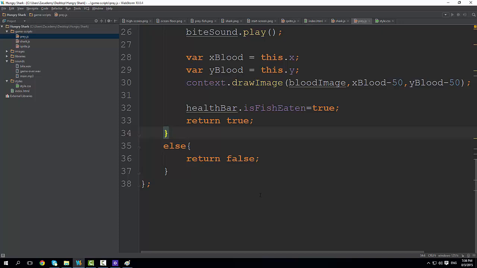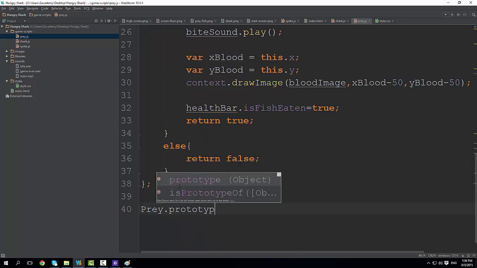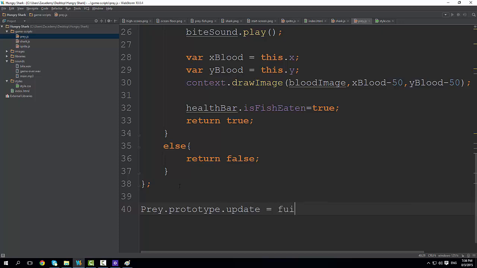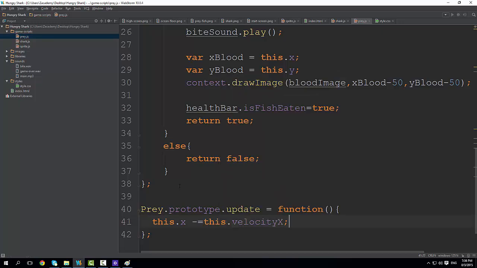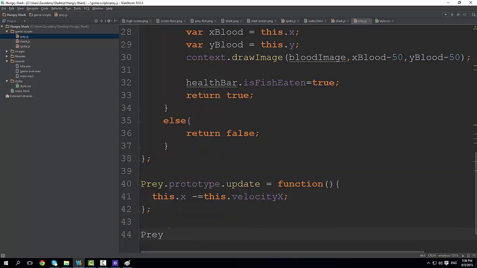All right, and the update for the prey is quite easy. So prey.prototype.update equals function, and the only thing that we want to do is this.x minus equals this.velocityX. All right, and draw is going to be pretty easy as well. So prey.prototype.draw equals function,